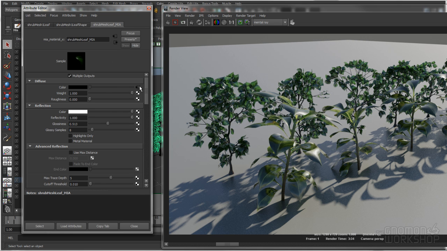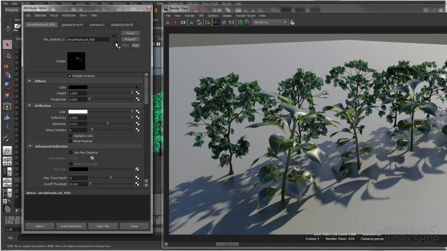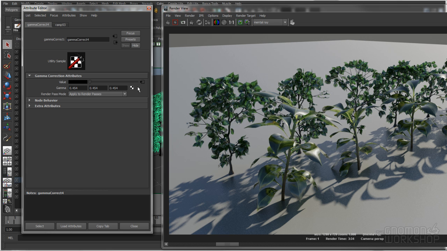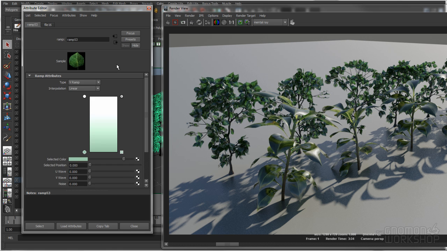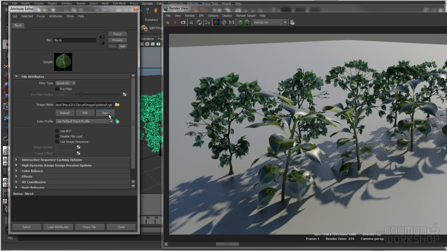If we go and take a look at the file texture that's on this guy, that's going into the gamma correct node, and what's going into the gamma correct node is the ramp. There we go, so there's the leaf texture. So if I view it,